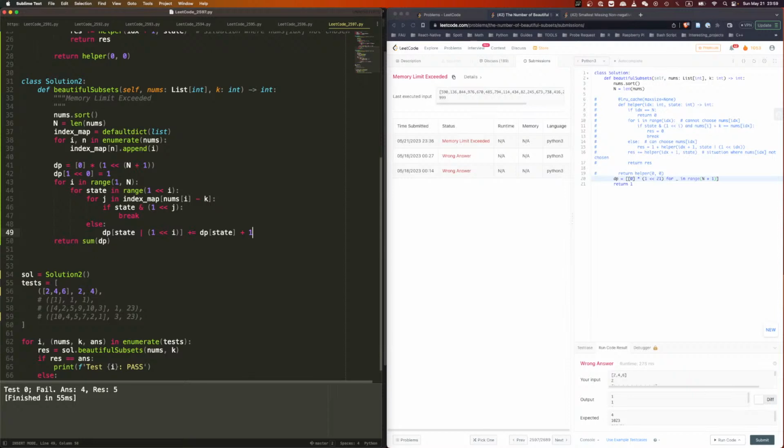Zero is nothing is taken. 1 is I take the first one. If I take the first one, then I have 1, right? Then I have 1. And the first one is done. And then I start from index 1. I is 1. If I is 1, 1 left shift 1 is 2. So the previous state is either 0 or 1, right? 0 or 1. And then I say for j in index nums I,